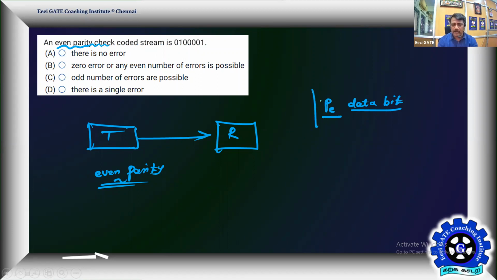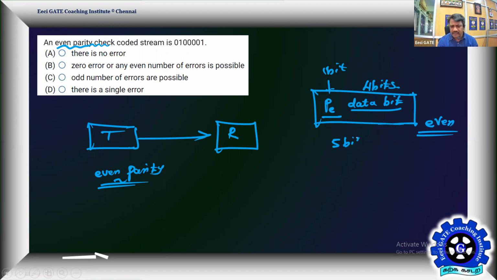Including the even parity bit, the whole data should be even. That's the logic. Suppose the data size is 4 bits and the parity bit makes it 1 bit, the total data you are going to transmit becomes 5-bit data. That 5-bit code, that's your code. He's calling it a code. So the code is given.